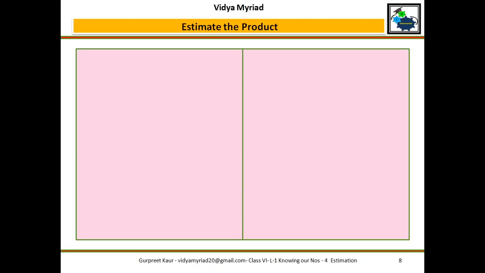Now next, here I need to estimate the product, but I will not multiply it directly. I will estimate to the nearest whatever is told and find out the product easily. If you look into this, 42 multiplied by 58. Now here my question is to estimate to nearest 10. That means I need 1 zero. So 42 will be written as 40 and 58 will be written as 60. When you multiply it, you get 2400. It's so simple to calculate. Just remember the golden rule of 5.